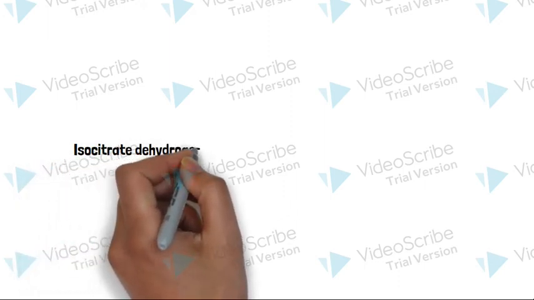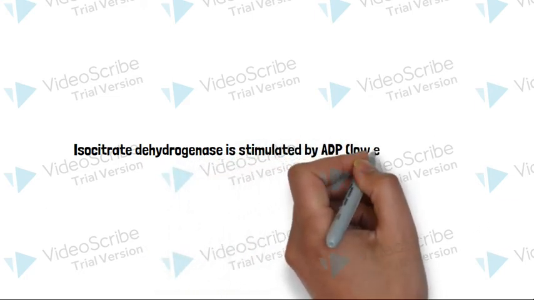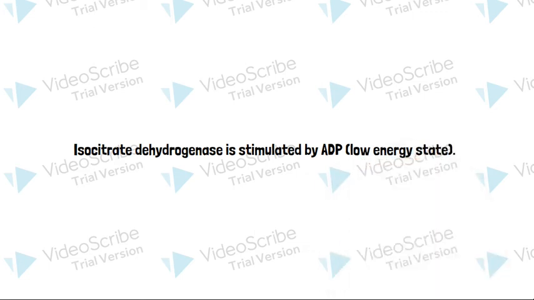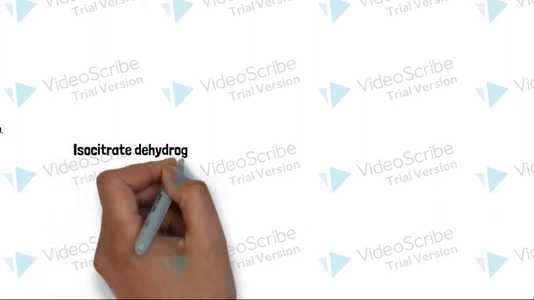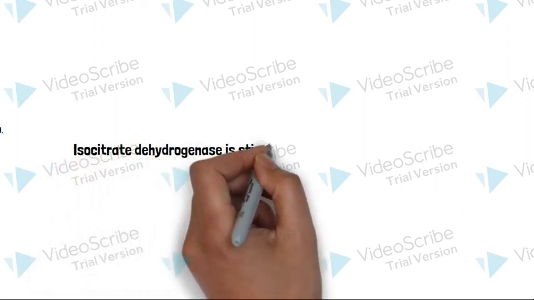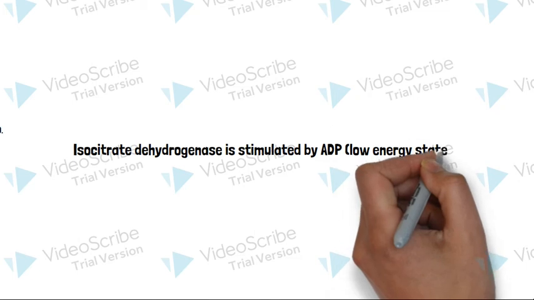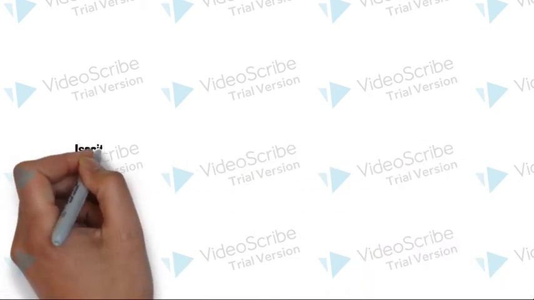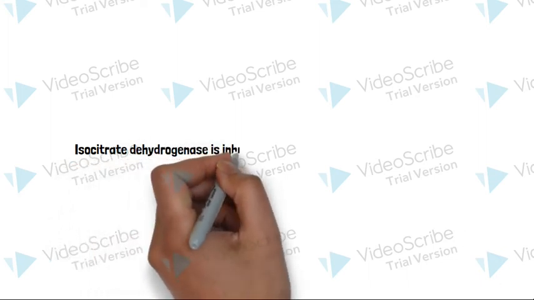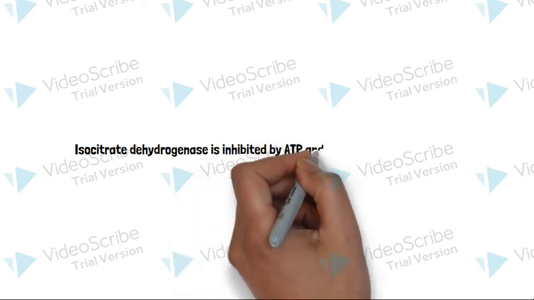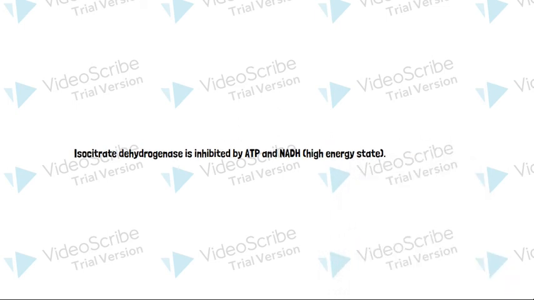Now, isocitrate dehydrogenase is stimulated by ADP. When ADP is high, this isocitrate dehydrogenase will start its work. When ATP is high, the isocitrate dehydrogenase will be inhibited. So, Krebs cycle is inhibited. Please remember, the whole Krebs cycle is regulated by itself according to the requirement of energy. When it has more energy as ATP, the Krebs cycle will get inhibited. When low energy is present, when ADP is high in your body, the Krebs cycle will start itself. So no hormone is going to start the Krebs cycle.